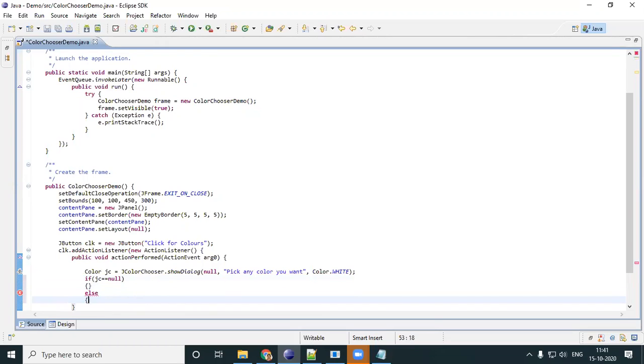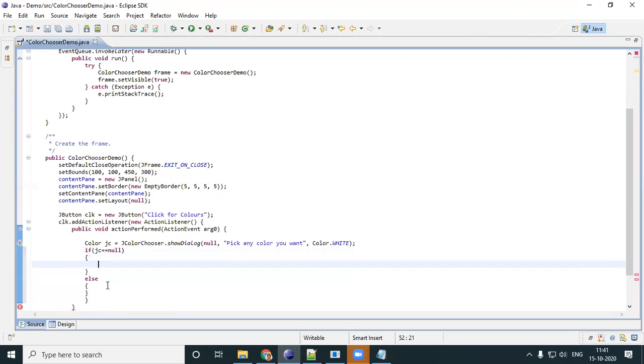Else you will be giving a particular color to your frame. I'll say JC is equal to Color dot white. If nothing is selected, it is white itself. If something is selected, I will have to make my whole frame that particular color.